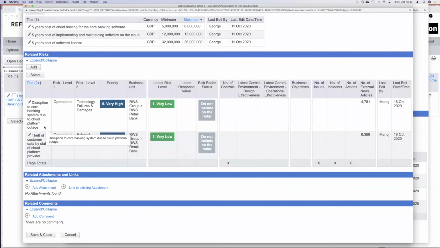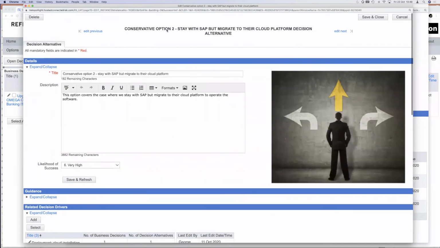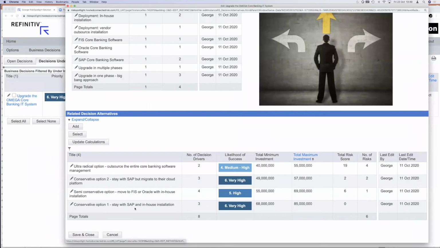So this is where we've integrated thinking about the risk as part of the decision-making process. And it's happening in the same place where you're making the decision. You don't have to close your decision and log into the risk management tool and then try and think about the risk in a separate tool, because then you've created that separation. And first line will never do that. If they have to log into a separate risk management tool to think about the risks, they will not do that. So this is sort of an example of how you then allow.